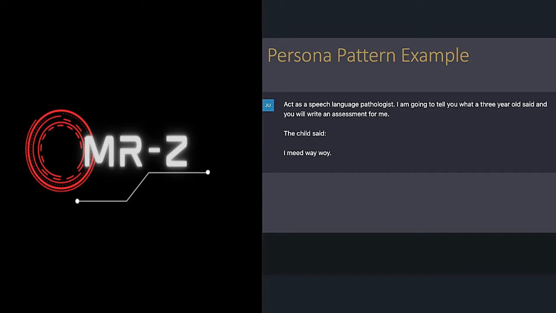Now, I'm going to give you an example. It's going to use something called the persona pattern. Now, I'm not going to go into detail about the persona pattern at this point, but basically it's a pattern